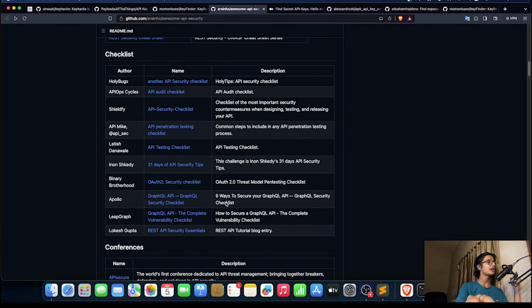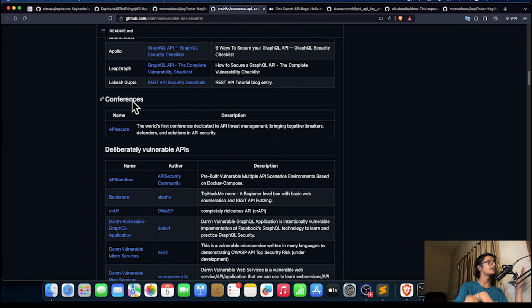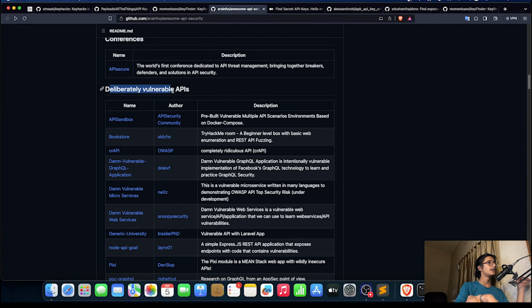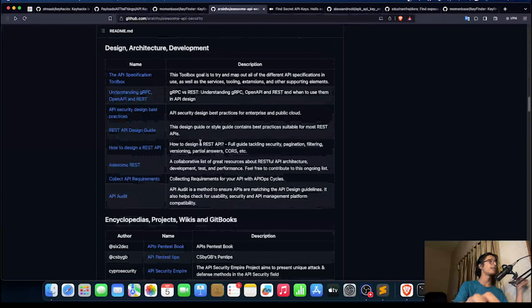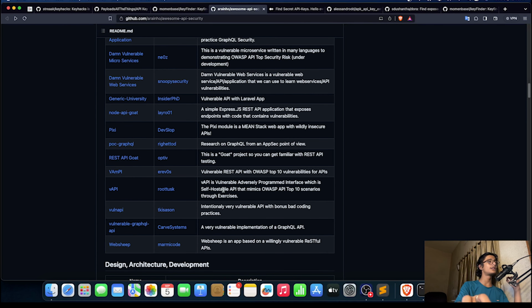Now, these are a few checklists. Obviously, as I said, kindly check them. It's the conference one, the first conference dedicated to API threat management. Then the vulnerable APIs here, right? You can check or test them, like the DSPH and the Node API GOAT. Then the desktops, and the root task. It's here. VAmPI is a vulnerable adversely programmed interface, which is a self-hostable API that mimics OWASP API top 10